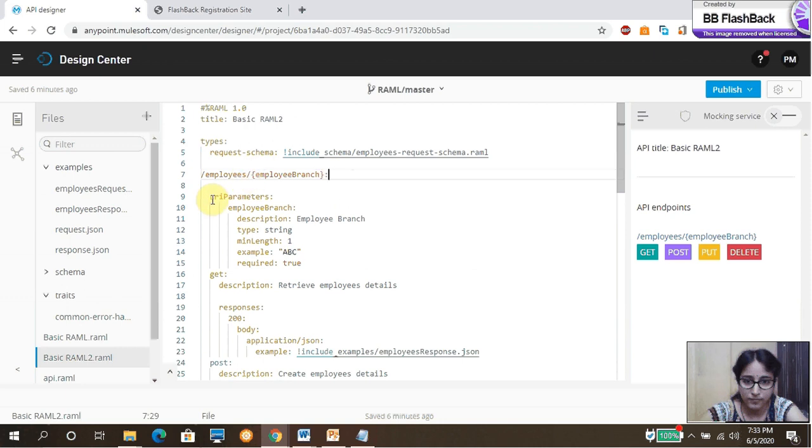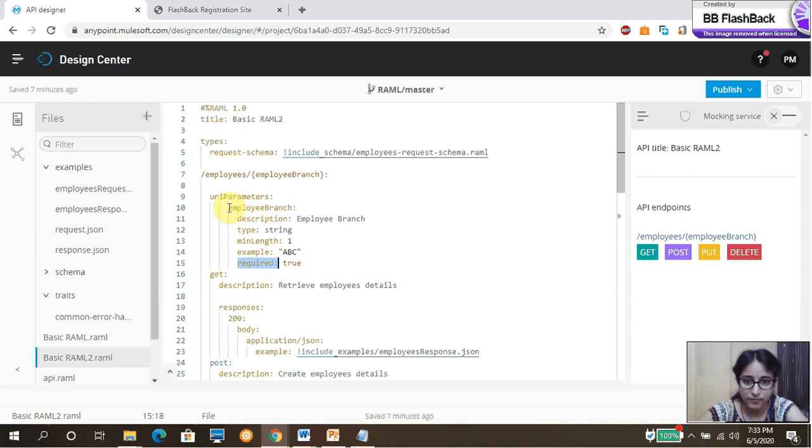For this we have defined uriParameters, then the name of the URI parameter, then the description, which is optional, then the type, whether it is a string or integer, and then we can define minimum or maximum length as well, then one example, and then required or not.